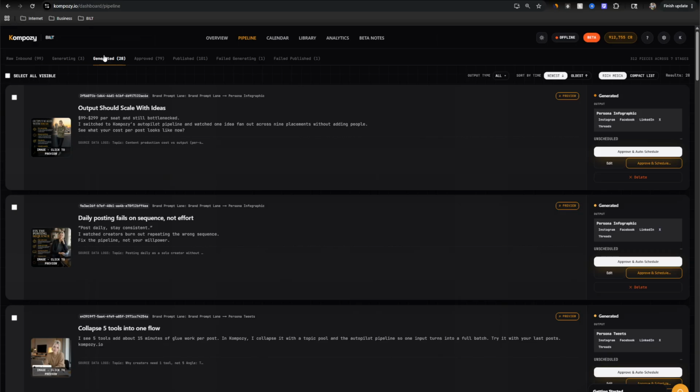So once those are finished generating, they'll show up under the Generated tab for you. They might take about 2-3 minutes, depending on what type of pieces of content are being generated. But once you've got at least one piece of content generated, the checklist auto checks step 3,